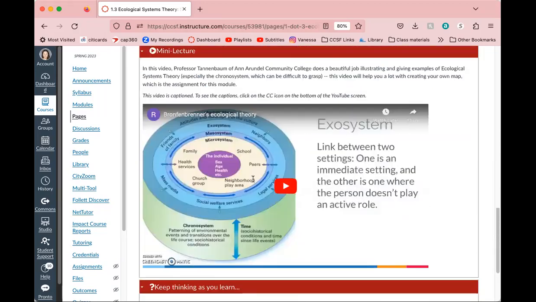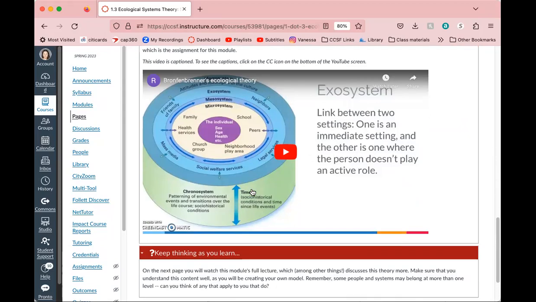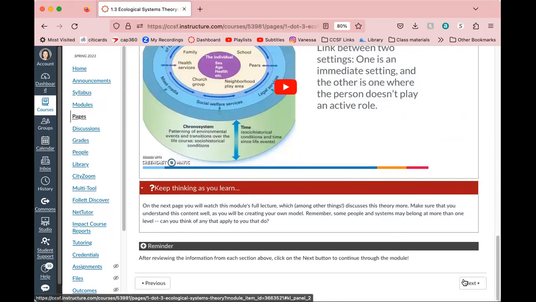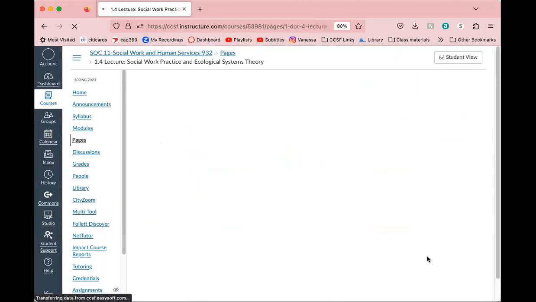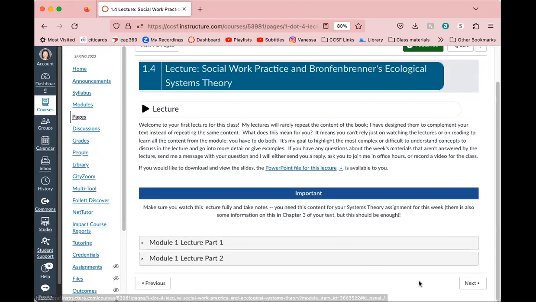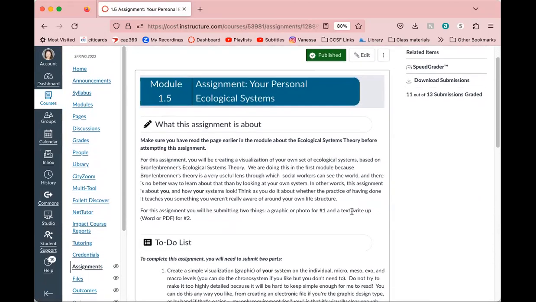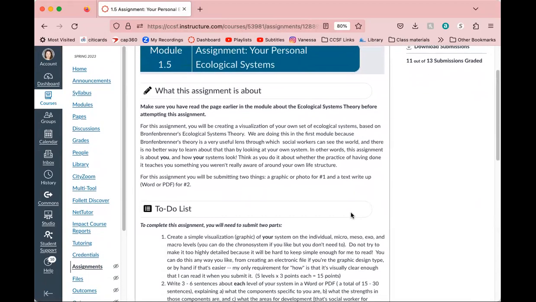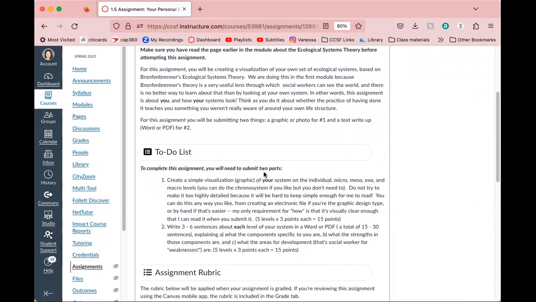This little mini lecture is a super big help to understanding what these all are and in creating your own. So make sure that you don't skip that. In my own lecture, I do talk a little bit about ecological systems theory, but mainly that information is going to be in 1.3. So if we move on to the assignment itself, remember that you are creating that visualization,